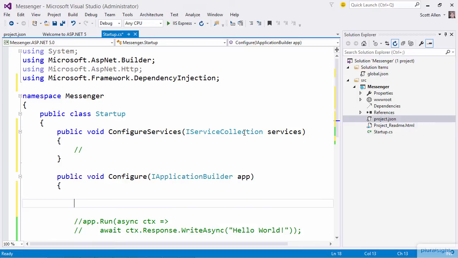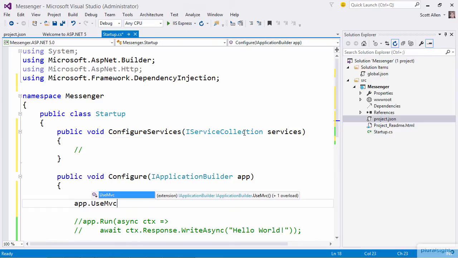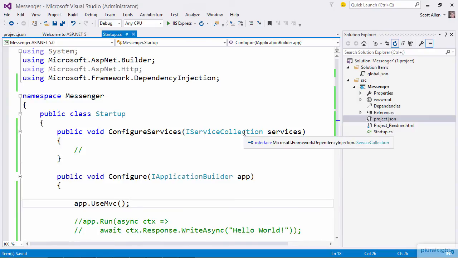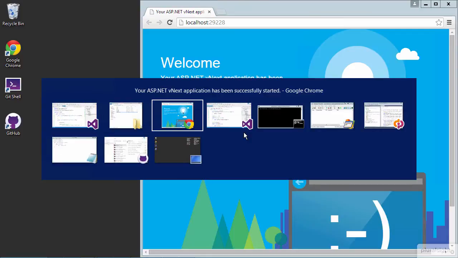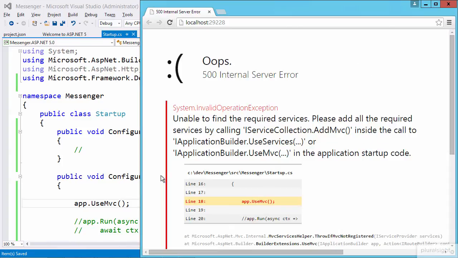So in other words, now that I have a dependency on the ASP.NET MVC NuGet package, that package will install a new extension method that I can use against IApplicationBuilder, and that extension method is UseMvc. If I just want to take all the defaults that the framework provides, this is the only code I need to write to start using MVC. Well, this and the service configuration. But I just want to show you if I try to run the application, we will get a 500 error